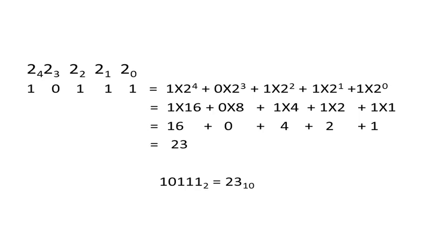Therefore, the place values are 1 multiplied by 16, 0 multiplied by 8, 1 multiplied by 4, 1 multiplied by 2, 1 multiplied by 1. Now we have the decimal place values 16, 4, 2 and 1. Then you add all these together. The answer will be 23. Therefore,